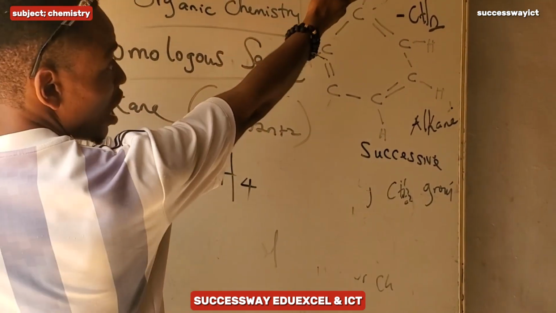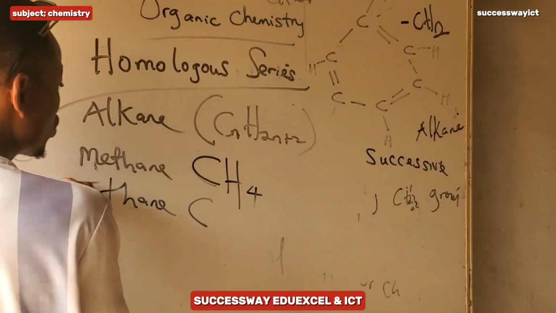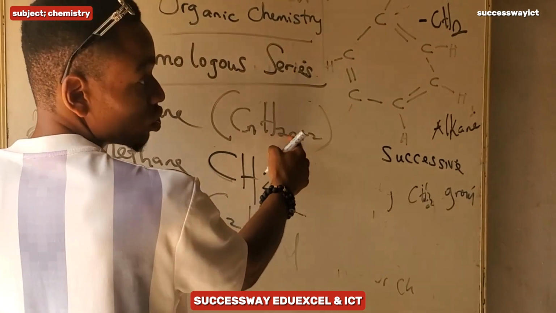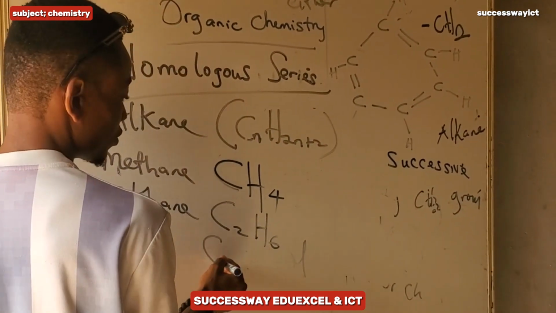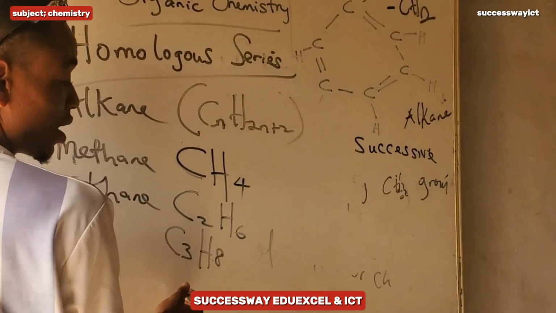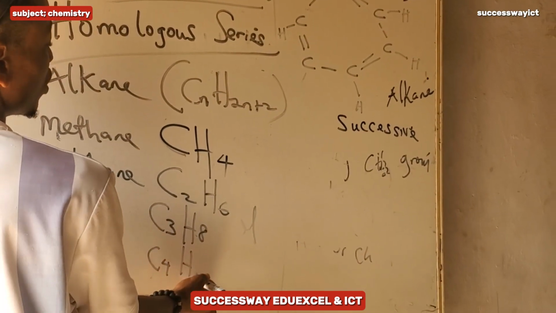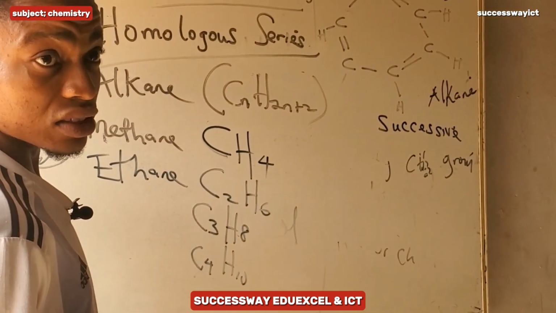What happened? From here now you have gotten the CH2, right? C what? C2. H what? 2 times 2 plus 2. The next one, which is C3 what? Next one, without using the word molecular. Do you get it? Next one, C5,